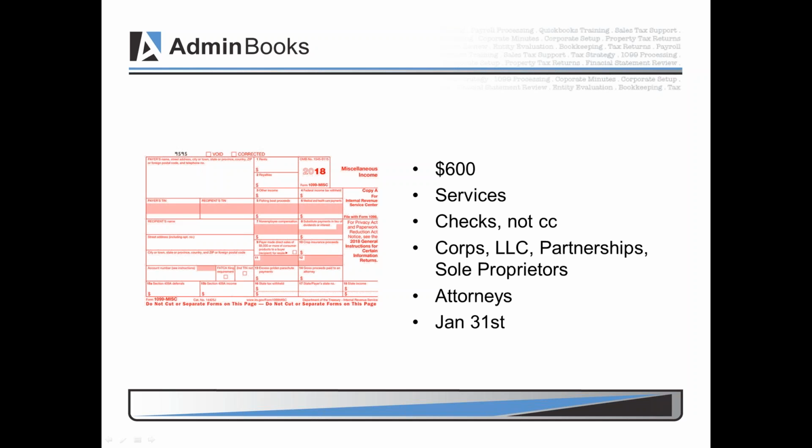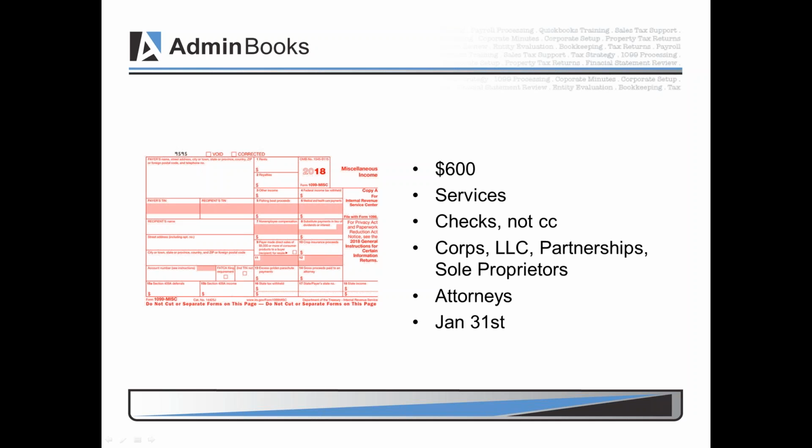Now, who is required to get a 1099? If your vendor is a corporation, an S Corp or a C Corp, you do not give them a 1099. They are exempt. Let me say that again. S Corps and C Corps are exempt from getting 1099s. But if your vendor is an LLC, a partnership, or sole proprietorship, you must give them a 1099 if you pay them the $600 for services, checks or cash,